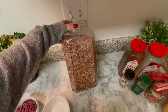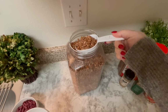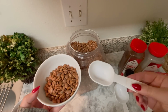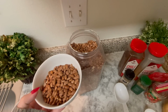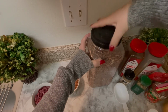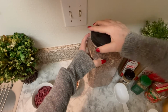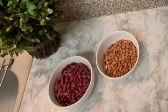Over the years, I've used canned beans for this, and I've sometimes used dry beans, but today, since we're trying to keep the budget as low as possible, I'm using dried beans, and I'm using 3/4 cup of beans of each of the pinto beans and also of the dark red kidney beans. I checked, and pinto beans are currently running 83 cents a pound at Sam's Club. So we're probably only using about 30 to 40 cents of pinto beans here, and a little more on the